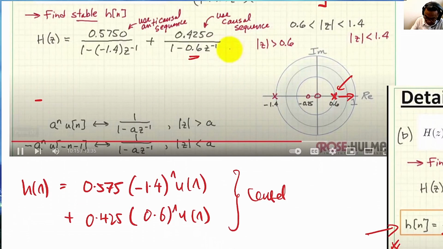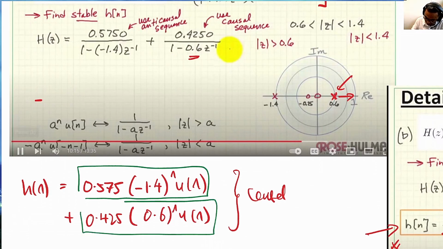We have the causal part for both of these expressions. We use the causal lookup to transform from H(z) to h(n). So this is the causal part, 0.57 minus 1.4 to the power of n u[n], and this one is also causal